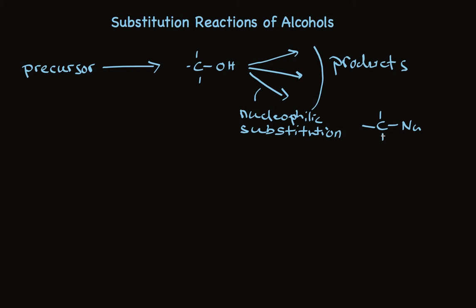Now at this point, you should be saying, but wait a minute. We've learned that hydroxyl groups are very poor leaving groups. That's not going to happen, and you are absolutely right. The hydroxyl group must be converted to a much better leaving group, and then in a subsequent step, the nucleophile replaces the better leaving group. So the concept is alcohol to compound with better leaving group, reaction with nucleophile, probably negatively charged, to form product.